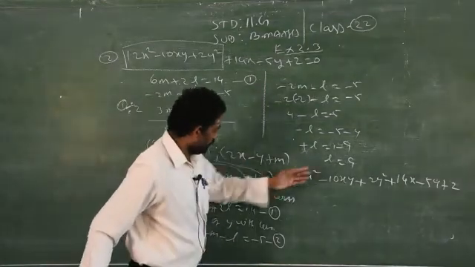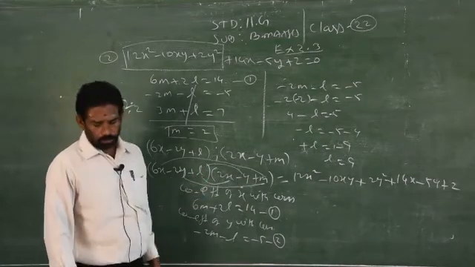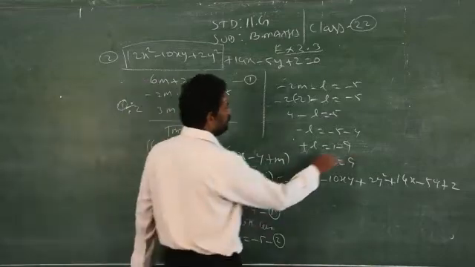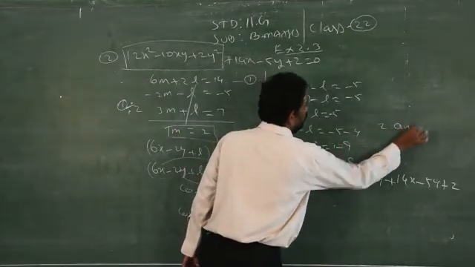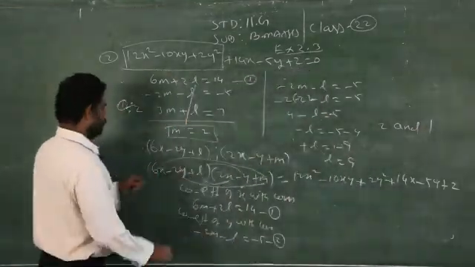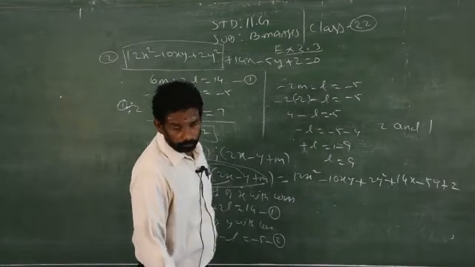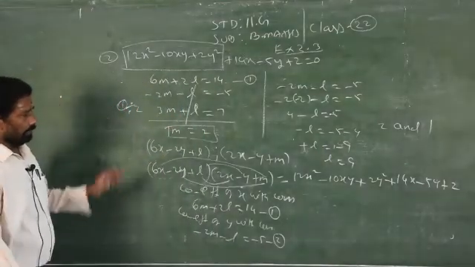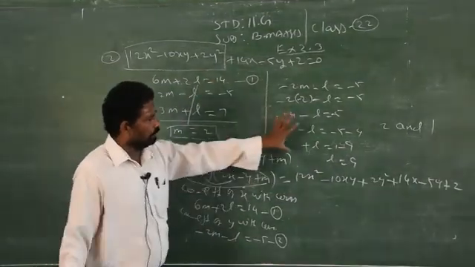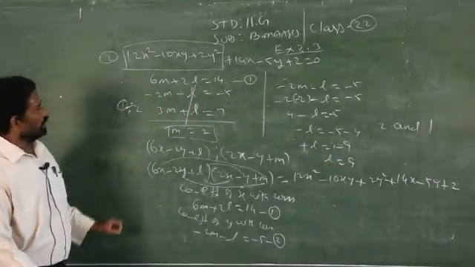So now you have to replace the values of m and l in the combined equation. So you will get some different answers. Actually, the book answer is given as 2 and one more answer is given, plus 1. So here l should be 1, but I got the answer as minus 9. So you have to check whether I did it correct or wrong from the factorization itself. This is very simple. You have to check. If you are not able to check, then I will check in the next class.